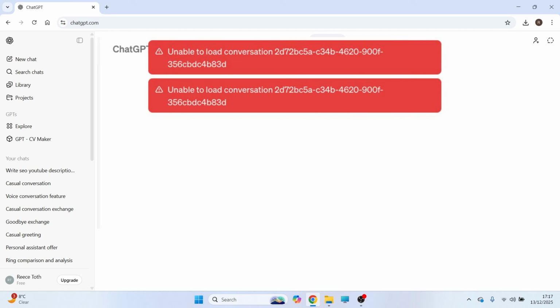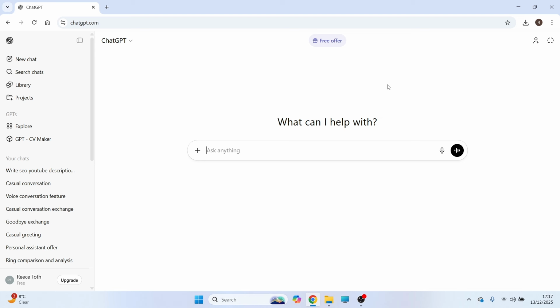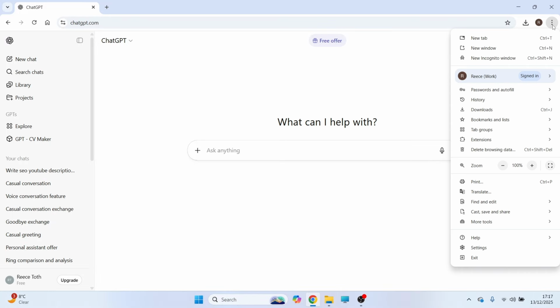How to fix the issue where ChatGPT is unable to load your conversations. If you're seeing this error message, I'm going to show you 3 ways to solve this. The first thing you need to do is click on the 3 vertical dots in your browser and then